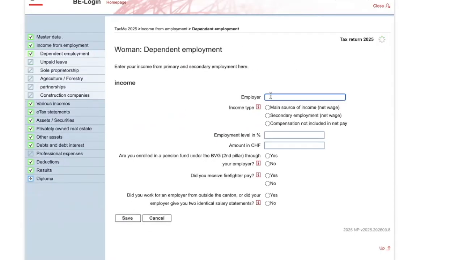What you need now is to also access the pay slip that you got from your employer. So that's the document that you should be referring to when you fill out this particular section of your TaxMe portal page. So you would just fill it in with a bunch of details,